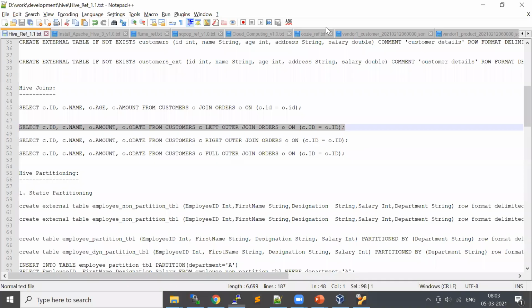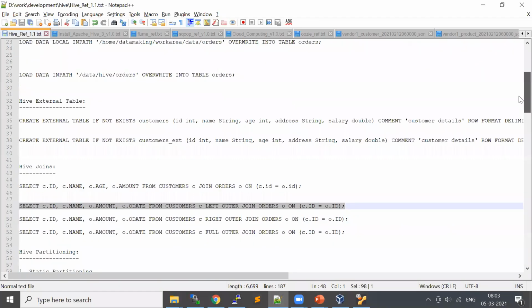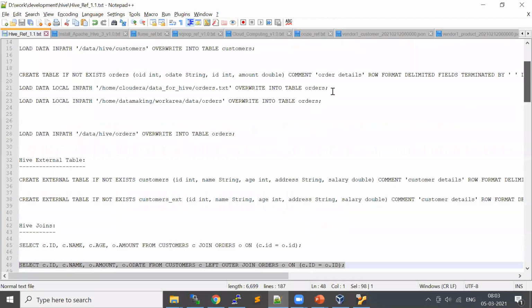Sorry, I have a quick question. Could you show me again how you loaded the order data into that order table? Yeah. So basically, what we did is we created